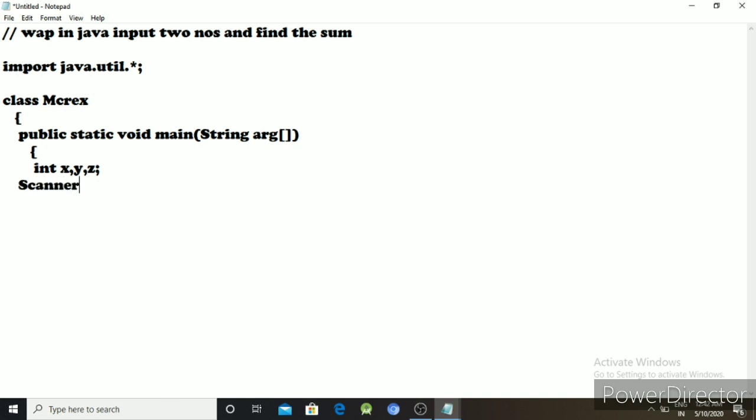Scanner is a class, so Scanner sc = new Scanner(System.in). I already discussed how to create an object. Scanner is a class, sc is the object, and the new keyword is used to create the object.